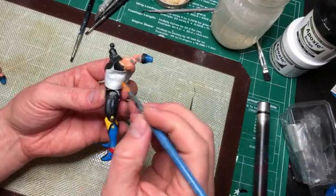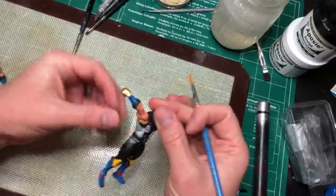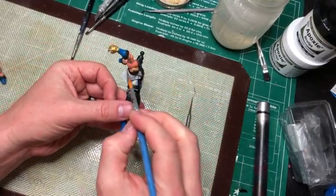So what I may do is just try to do that top stripe first. If I can do...